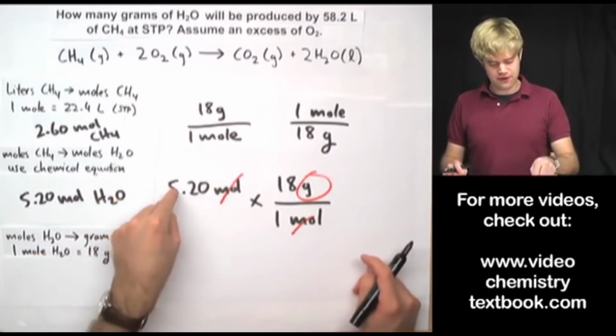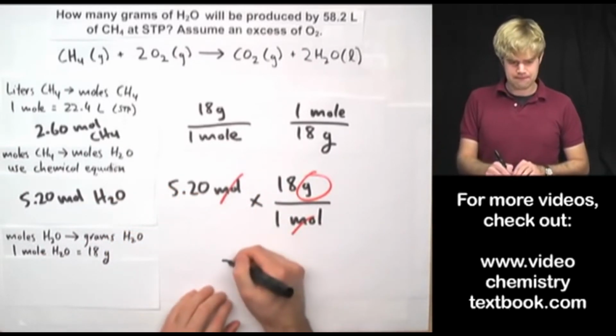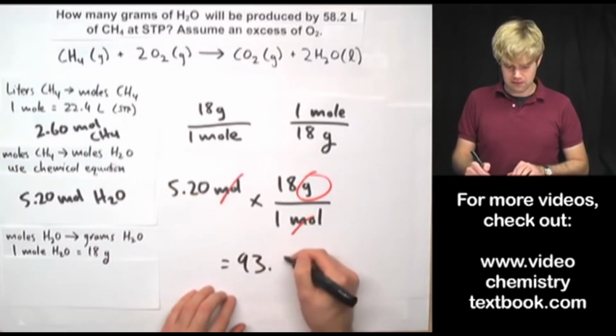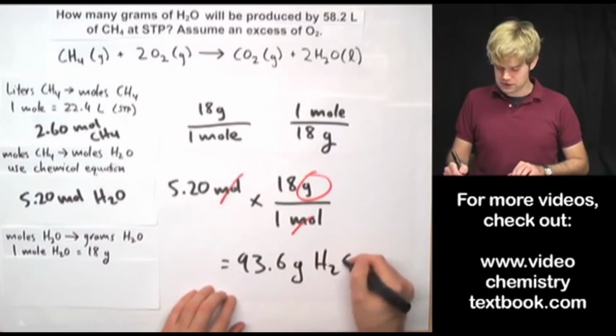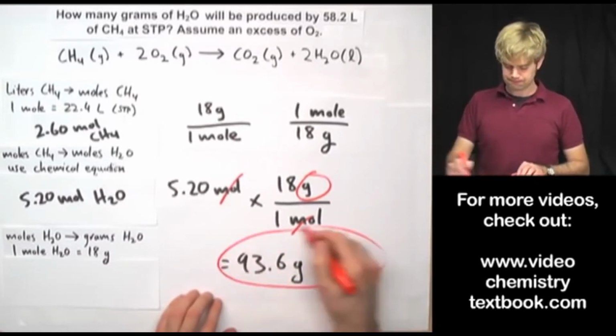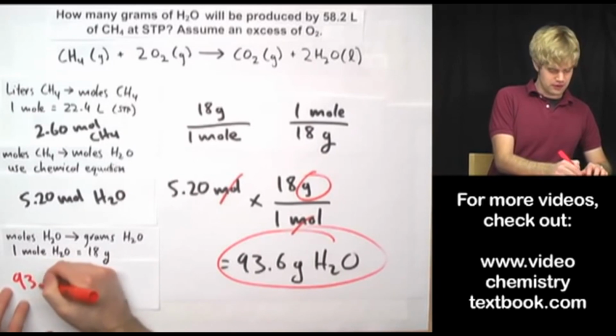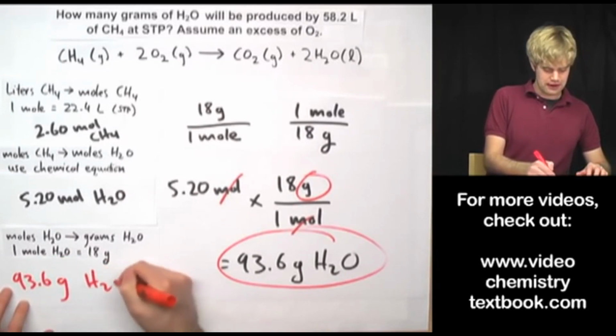And the math I'm going to do is 5.2 times 18 gives me 93.6 grams of H2O. And that 93.6 grams H2O